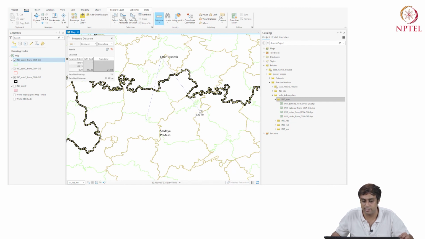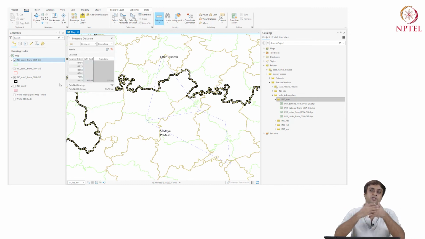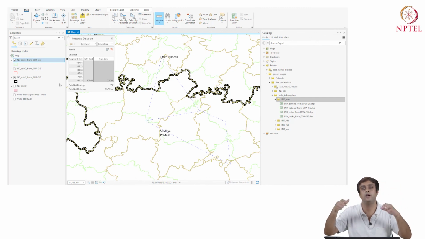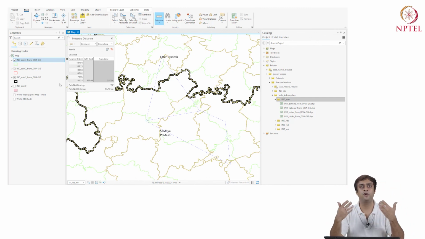So any 2 points in space that I'm interested in, or any path that I want to traverse, I can actually create a measure of them. Right? So the Measure tool is another thing that I'm just mentioning. I'm just showing you as a closing sort of tool here, which you can use to quickly get measures of distances between units on a map. This will become more and more useful in the future exercises.